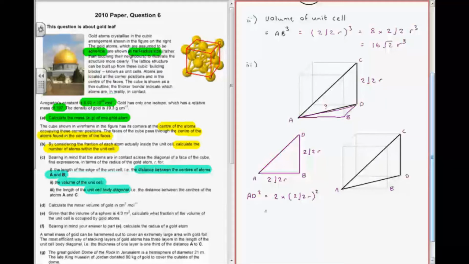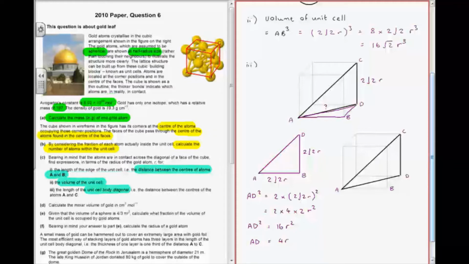So multiplying out our brackets again, we've got 2 lots, 2 squared is 4, root 2 squared is 2, and then we've got our r squared. So we can say that the distance AD squared is equal to 16r squared, or the distance AD is equal to 4r. So all we need to do now is go back to our original triangle ACD and apply